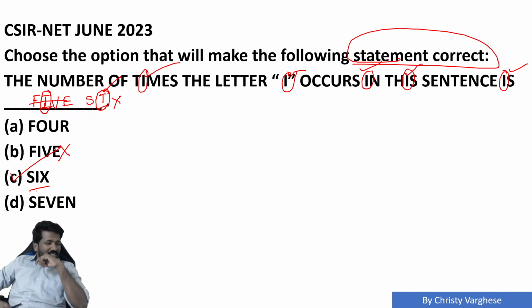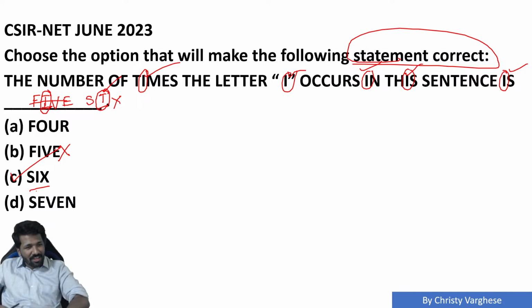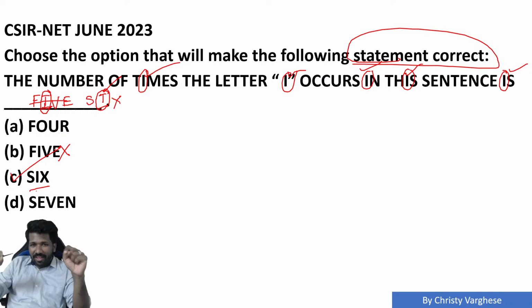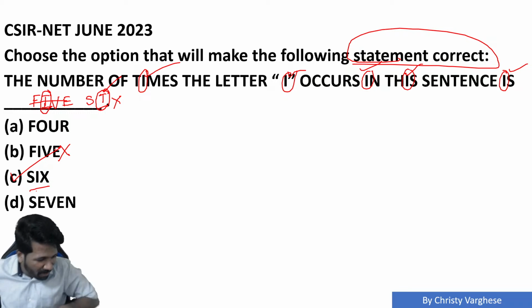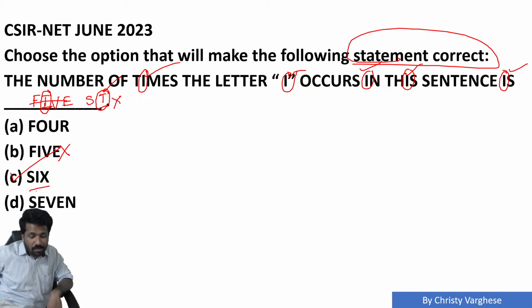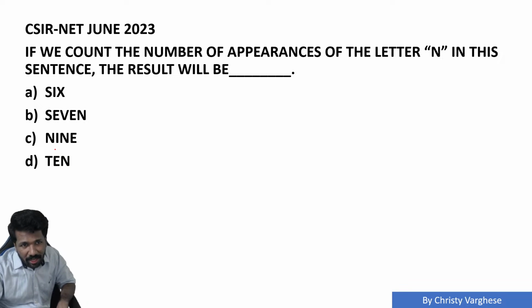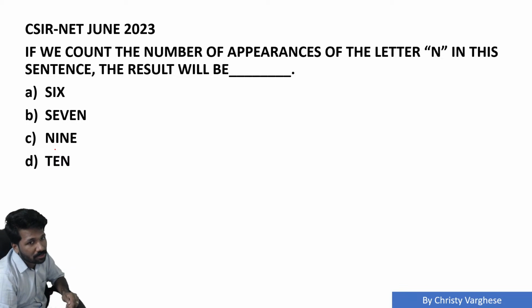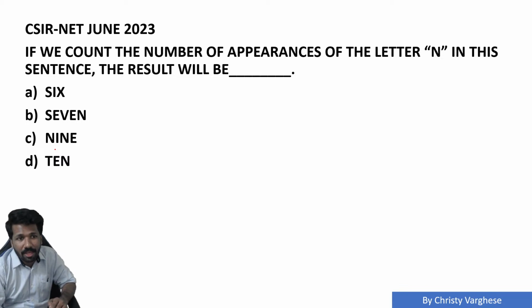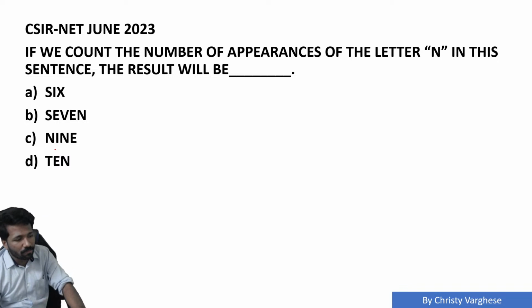Yeah, these are some of the ways CSIR can trick you. 5 you will get, CSIR already knows. That is why option 5 will be present there. And this question was asked 3 times in 3 different papers, June 2023: मैथमेटिकल साइंस, केमिकल साइंस, लाइफ साइंस, ये तीनों पेपर्स में एक सेम टाइप क्वेश्चन था. This was the question I think in the mathematical science paper, and this you can try as homework or in